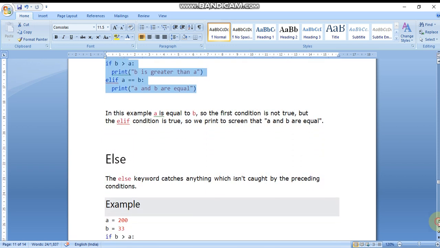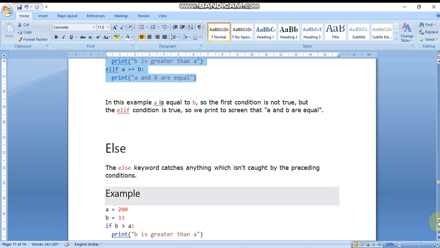The else statement is used as the alternative way. Suppose the if condition is not found true, then the else part will execute. For example, suppose you want to make a program where you check whether a candidate is eligible for casting a vote or not. So what will the condition be? You will have to check that if age is greater than or equal to 18, then the candidate is eligible for casting the vote. And if age is lesser than 18, then in that case the else part will execute.